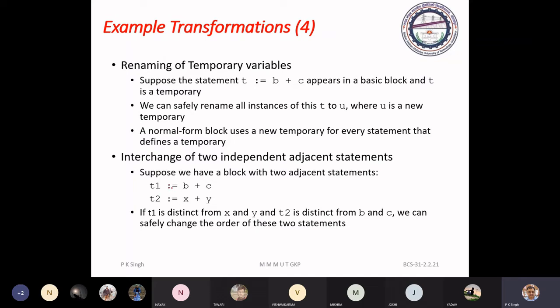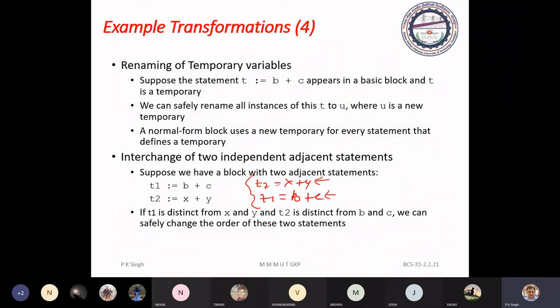If you interchange them, you can write T2 equal to x plus y and T1 equal to B plus C. It will not change the semantics, because none of the 3 address statements affects the execution of the other.